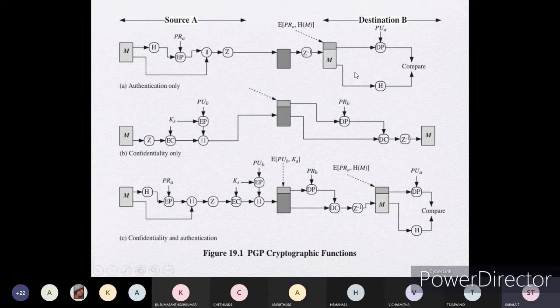Here also we have done the hash function on the message to compare it: is it equal or not, is it the same or not. I can tell you this with respect to your username and password. If you are writing your username correctly and you are not writing your password correctly, then when it is compared at the destination, it will show that you are not an authorized person. In that way the authentication will work. That's why this message is always related to your username and password, related to authentication.